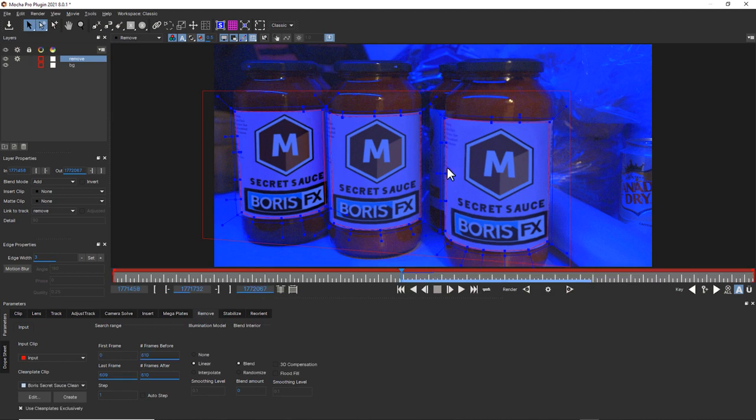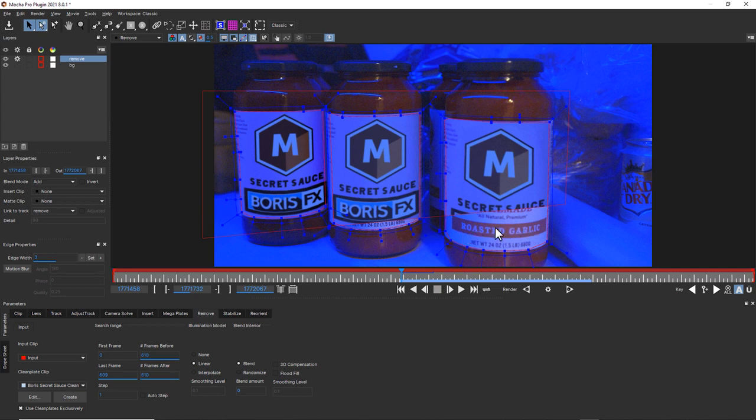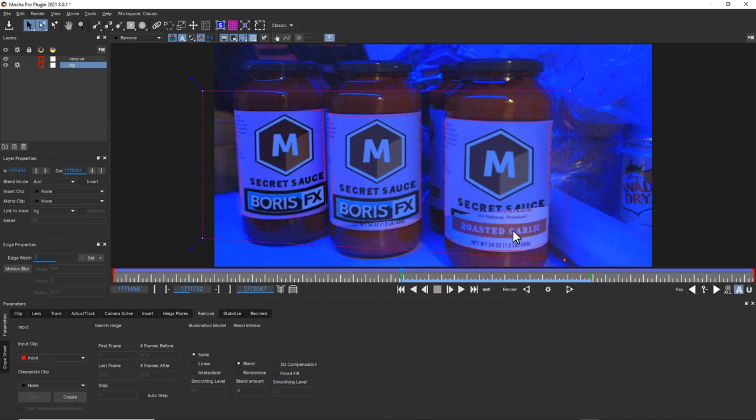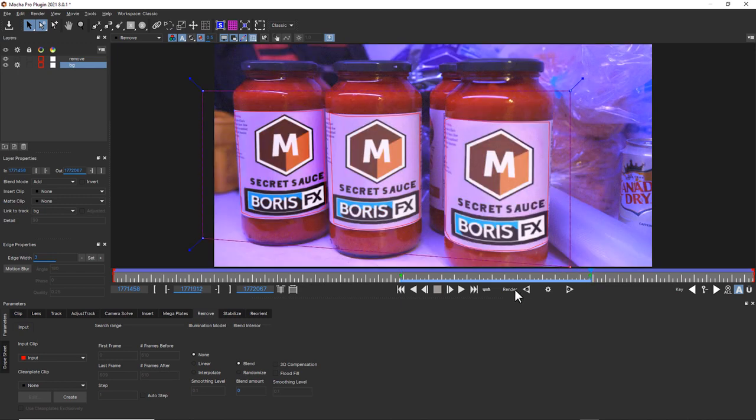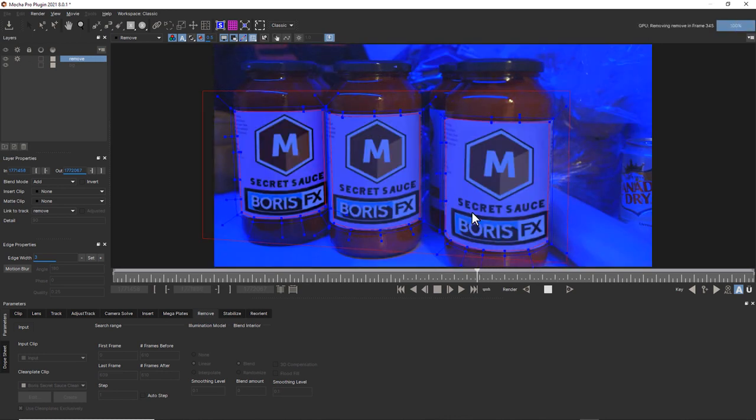Let's talk a little bit about troubleshooting removes as well. When you create a remove, your background always needs to be totally encompassing your foreground shapes. And if it's not, when you remove, you're not going to have background pixels to replace your foreground object. So if you find your whole object isn't replacing, it's probably because your whole background shape doesn't cover the area that you need to remove. So not only do you have to be thoughtful about your foreground shapes, you also have to be thoughtful about your background shapes. So now when we hit remove, we're removing the whole object.